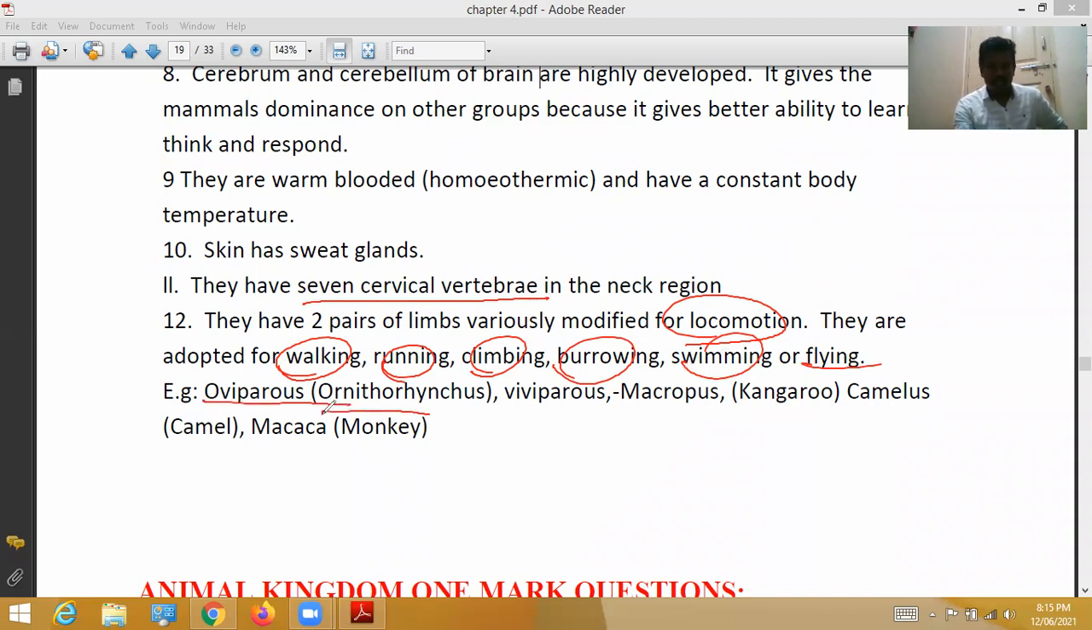Examples: oviparous, Ornithorhynchus. Viviparous, Macropus, kangaroo. Camelus, camel. Macaca, monkey. So these are the examples of